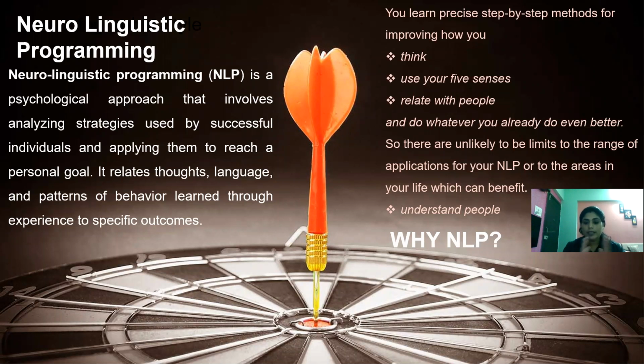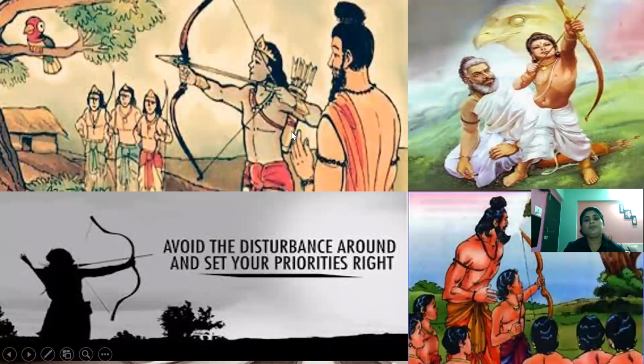Okay, so this is what NLP is about. This was a very short introduction to NLP. Now, there is again one story. You all must know there was a moment when Dronacharya took all his pupils to outdoor training. You must know how fun an activity they did with archery. The goal was that all the students needed to hit the eye of that bird. That was the goal given by Guru Dronacharya.